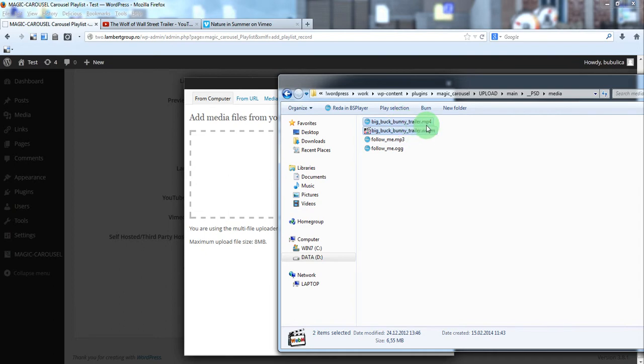Please make sure that you have MP4 and WebM extensions. Some browsers will load MP4 and some browsers will load WebM. What you need to make sure is that you have the very same name for both videos, only the extension will be different, and you'll upload both at the same time, so the link will be similar.